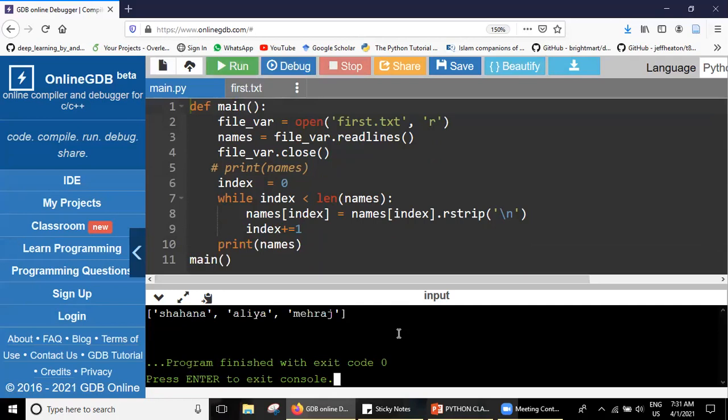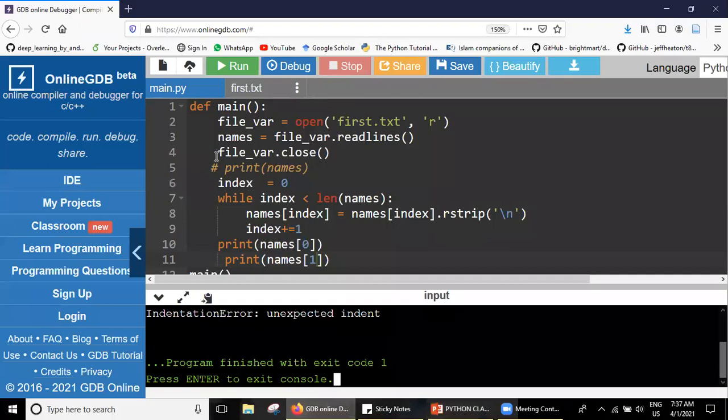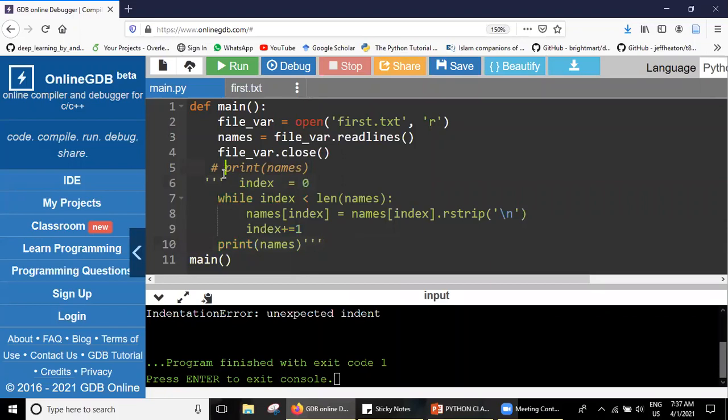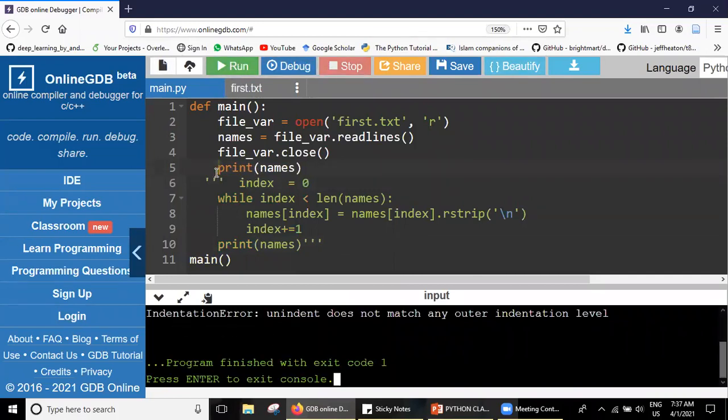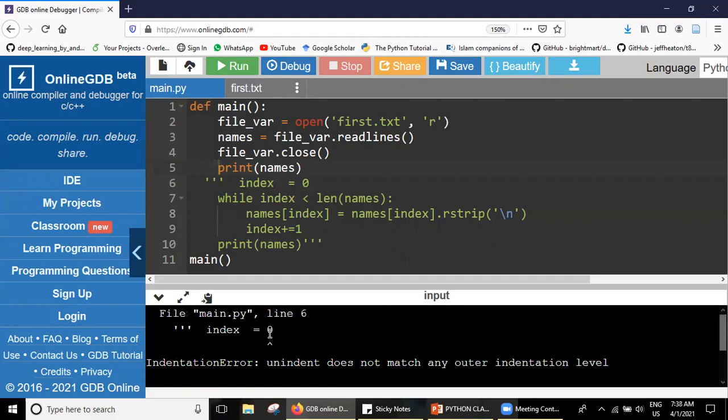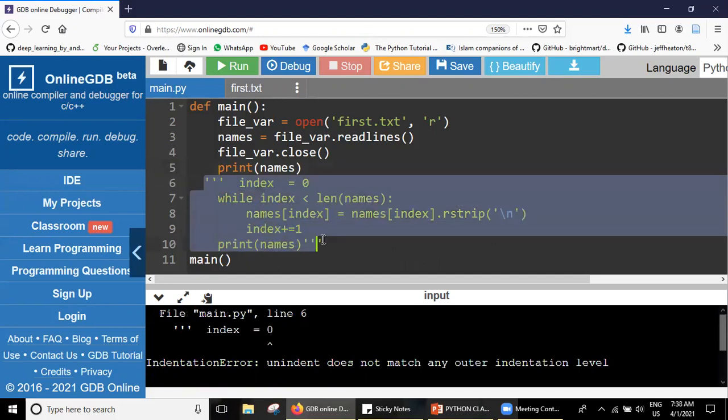Just wait a minute. Yeah, so what I was saying, where we were here, right? So how did we convert this tuple in the form of indexes? We have converted this in the form of indexes. To understand this, let me comment here and show you something above. When I try to print names here, there is an indentation error at index 0. Let me just remove this.